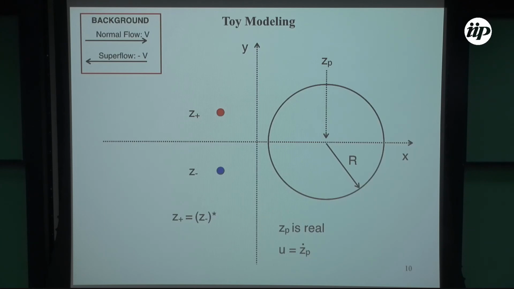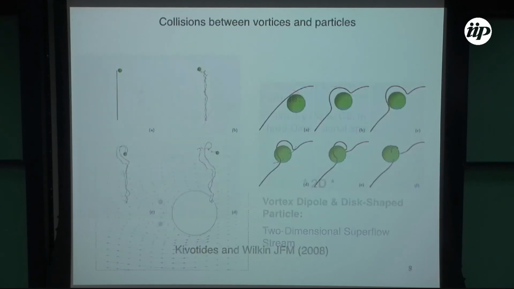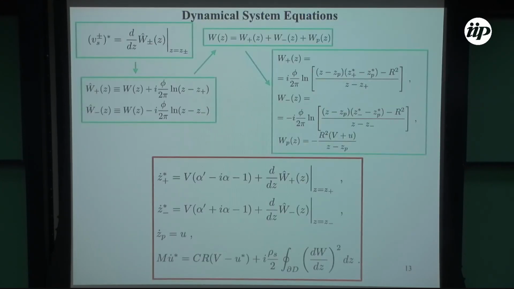Around the boundary? No, I'm considering that from this WP here. The WP takes into account the Thomson theorem. So I have an exact expression for the flow, the superflow around the